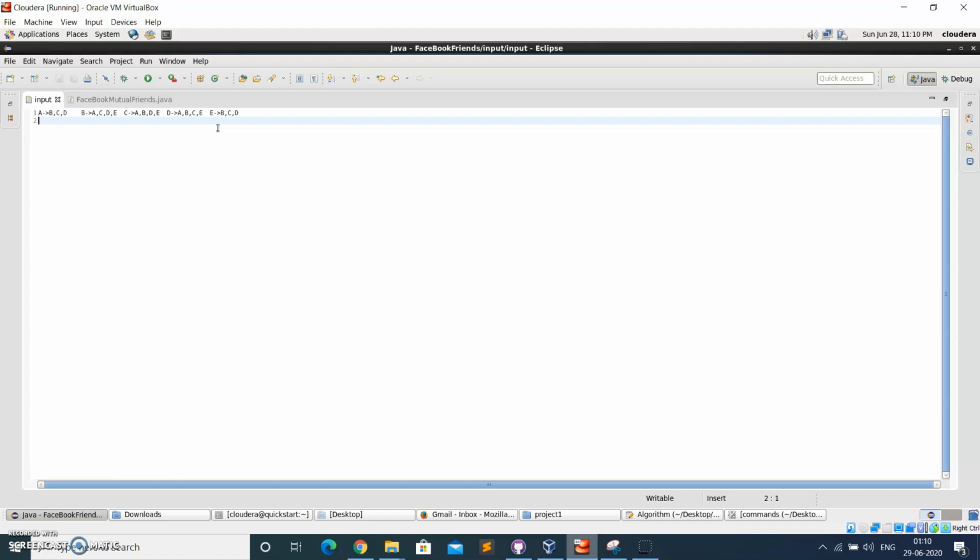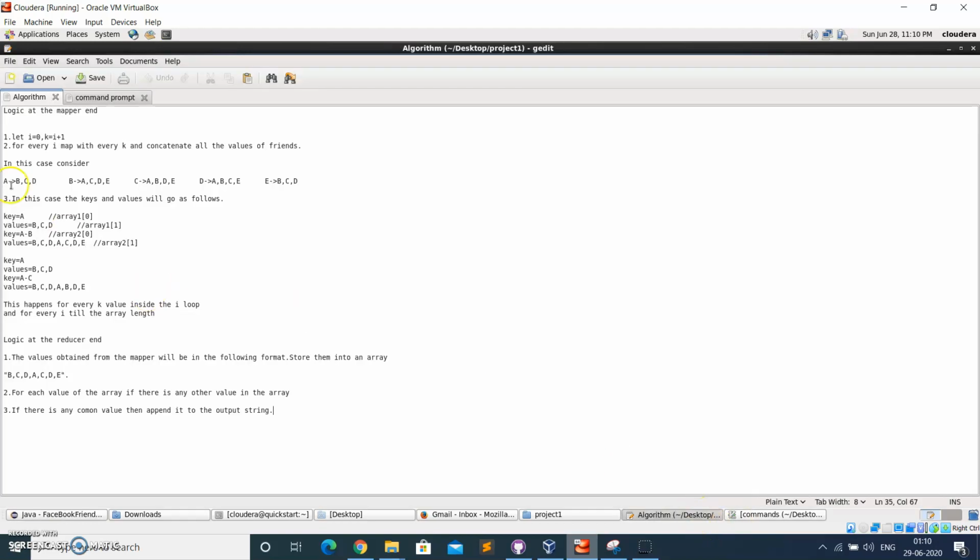So the output should be exactly like this. Consider if A has B C D and B has A C D E, then A has C and D and B has C and D in common.